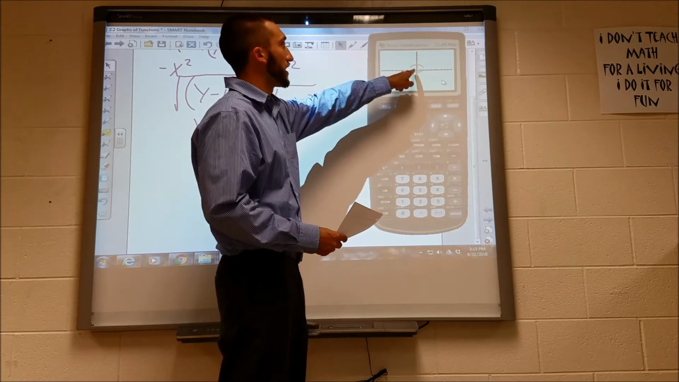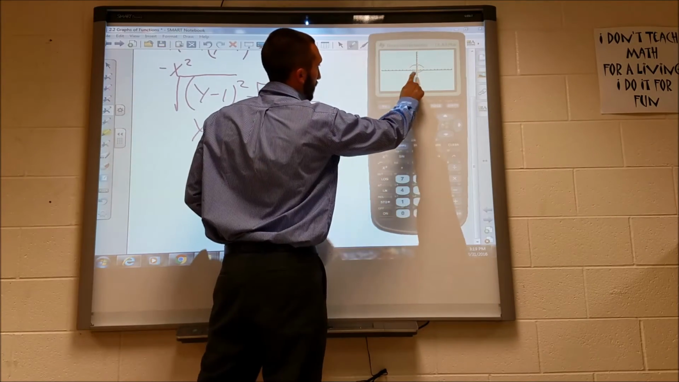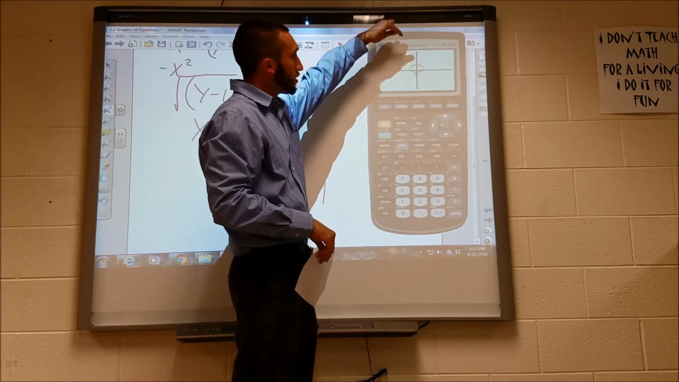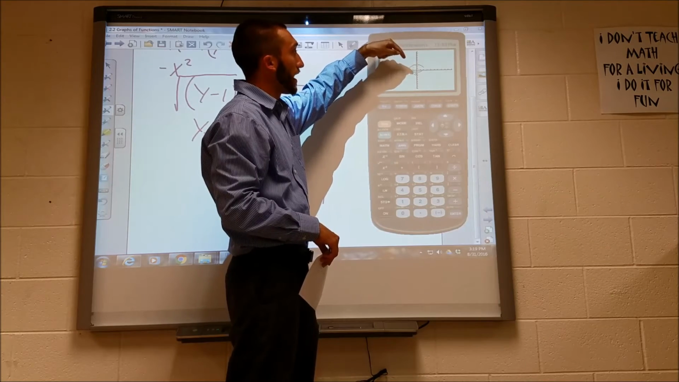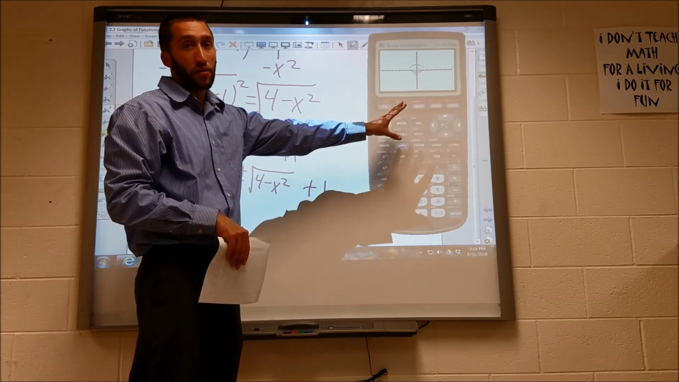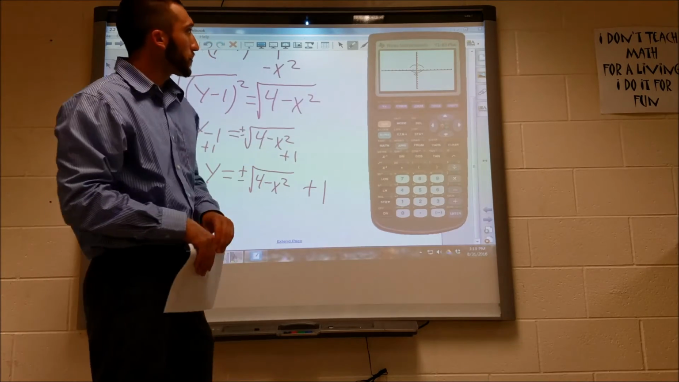can imagine that this connects, and it will not pass the vertical line test. Right? If I drew a line straight up and down, it would hit the graph at two different points. So I can do this on the TI-83, which we'll have access to on our tests, or